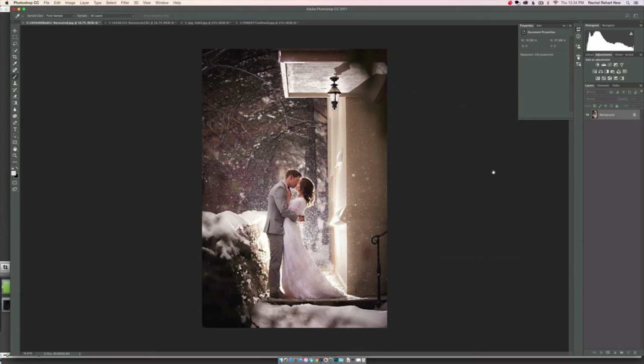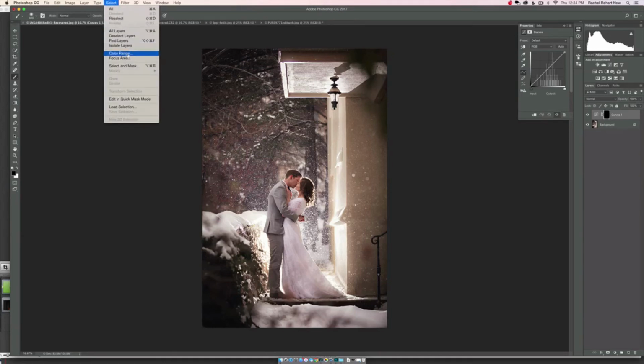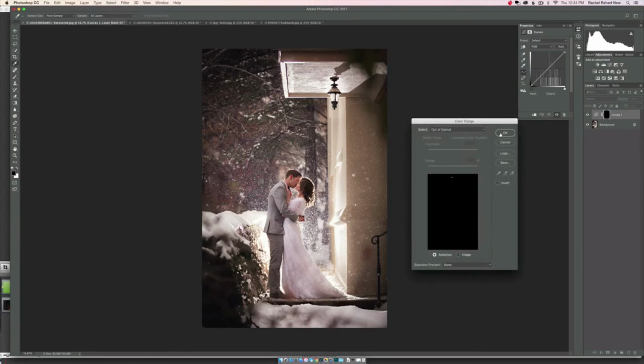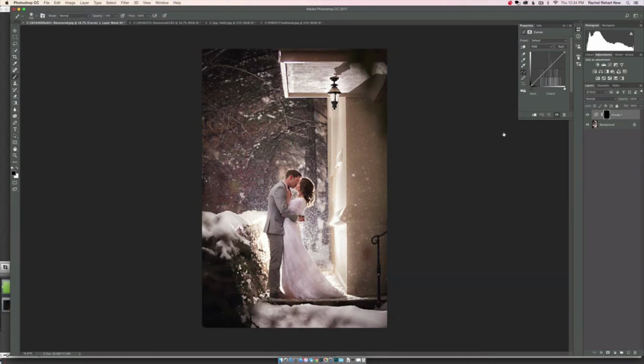I'm going to say that will load this mask here, and then I can load that into a curve. Actually, I should have opened that first. So that one is out of gamut. Let me go back and choose select, color range, out of gamut. Okay, and that loads it. You can hardly even see it, but